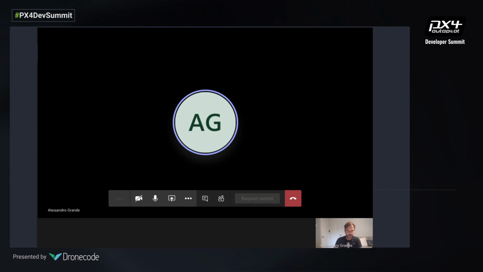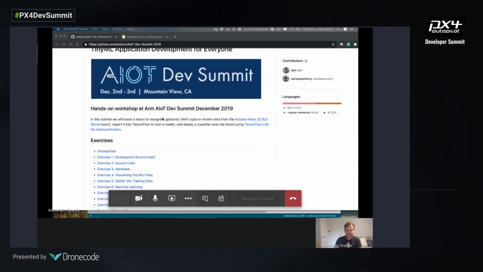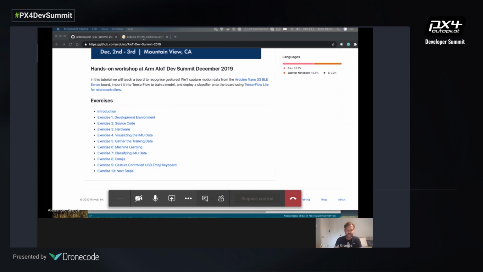So what I'll show you today is really a simple way to get started on machine learning with your microcontroller in a few easy steps. So let's see here. I'm sharing. Okay, so this is one of the guides that the Arduino team has put together. A lot of work has gone into this guide from the Arduino team, so props to them for doing this. They've put together a really, really easy to use guide that you can use to train your model and to run it on your device.